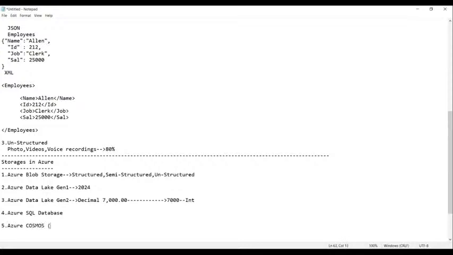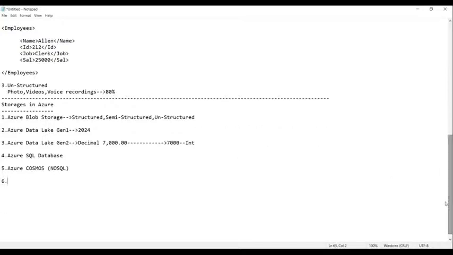Cosmos DB is nothing but a NoSQL database. Am I right, everyone? Then you have Azure Synapse.